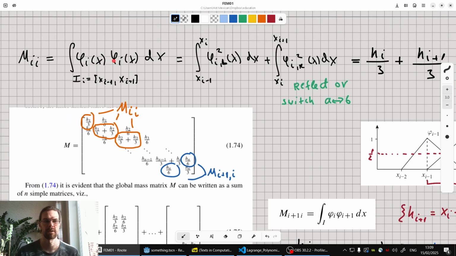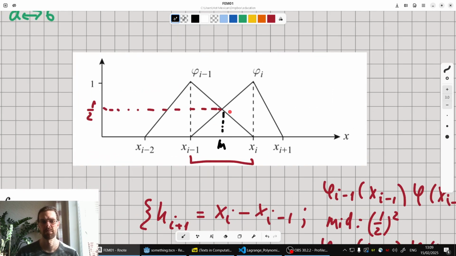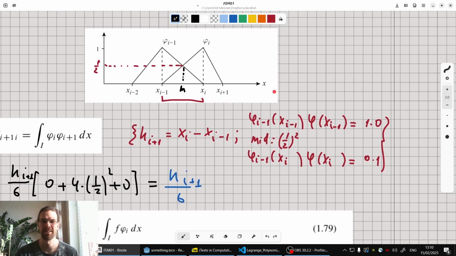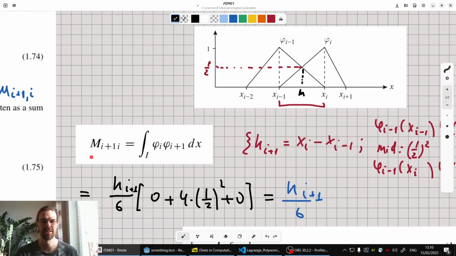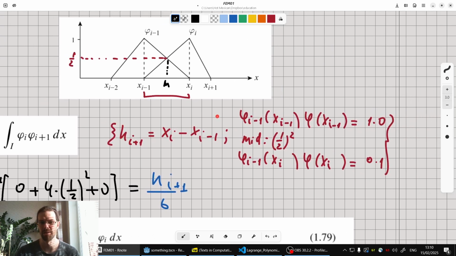So phi i times phi j. It looks like this. We see that we have to integrate the whole distance, but one function becomes 0 here and 0 here. So effectively we are only interested in this segment interval. And here also, just by observing, we can solve it very, very easily. So again, this will be our integral, and we have to collect the interval width,